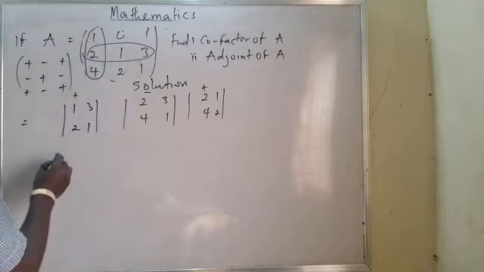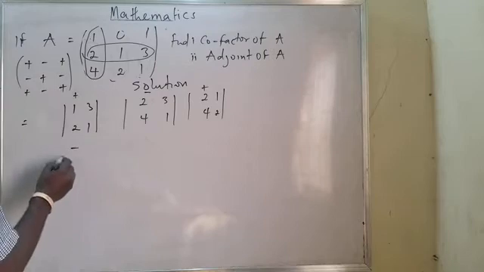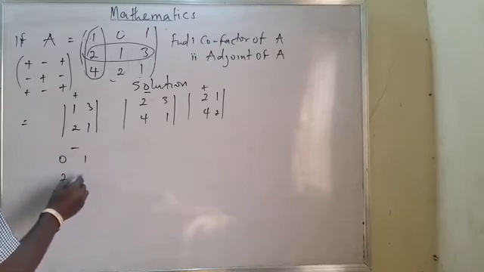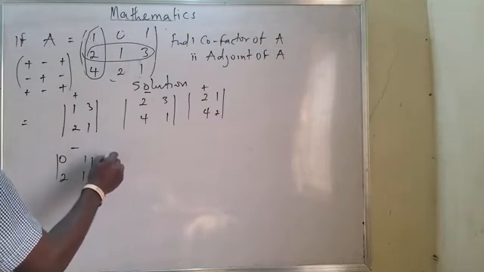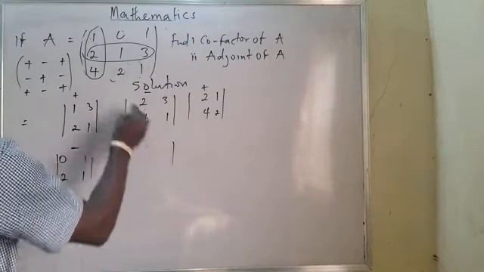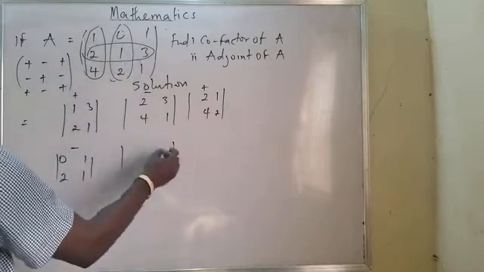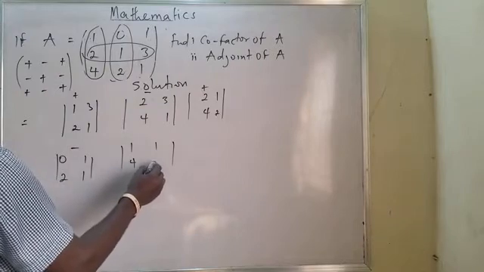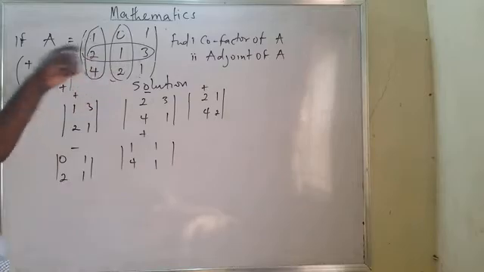Now left with that one will be minus, which is this minus, and I'll be talking about 0, 1 and 2, 1. I will move on to the next one. The next one will be the determinant of, which I will be having the same thing like this and like this, which I will be having 1, 4, 1, 1, which will be plus. And the last one will be